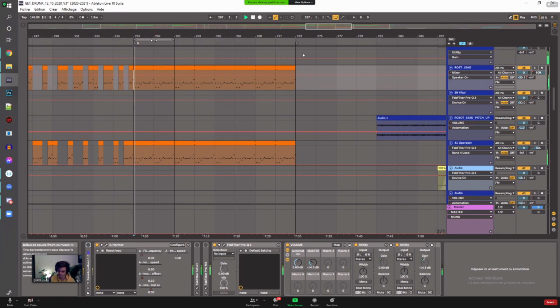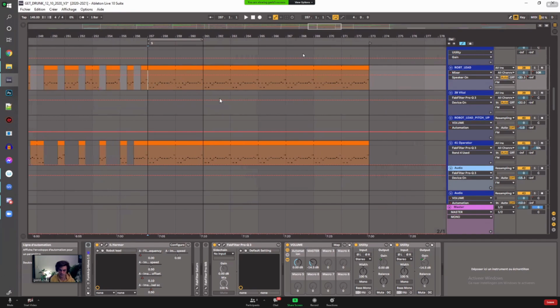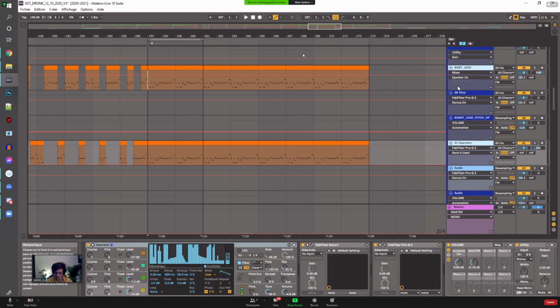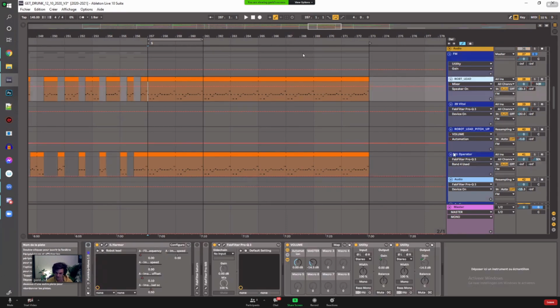Can you A/B the EQ? Sorry? Can you A/B the EQing you've done to the different FMs? Because I would like to hear how it sounds when they're clashing, if that makes sense. Yeah. Those were made a long time ago, so they're probably not the best, but anyway.